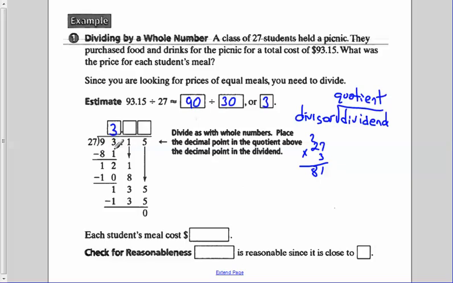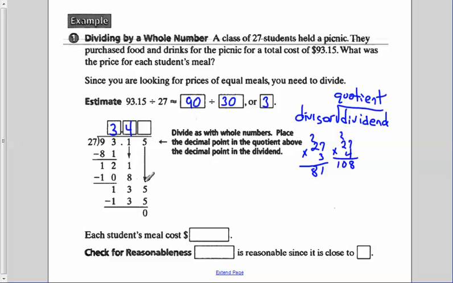So we subtract. 3 minus 1 is 2. 9 minus 8 is 1. All right. Now we bring down our 1. And now we divide, it's like we're dividing again down here. 27 goes into 121. Well, we know it's got to be more than 3, so let's try 4. So 27 times 4. 4 times 7 is 28, carry the 2. 4 times 2 is 8, plus 2 is 10. So 27 goes into 121 4 times. And that's 108. We subtract,